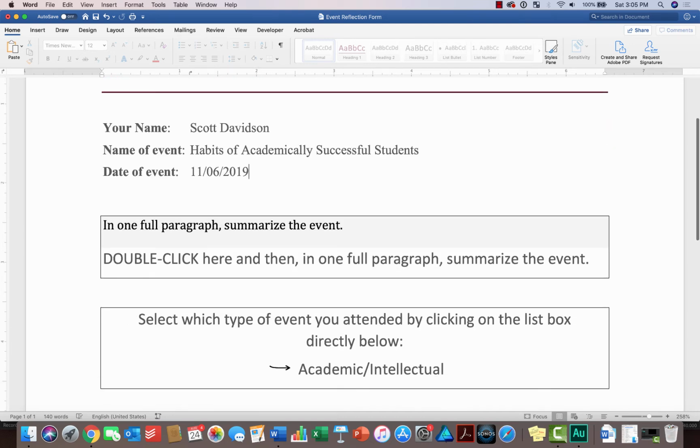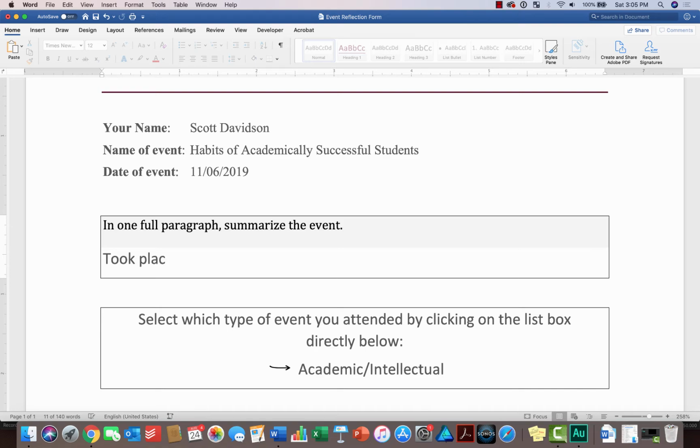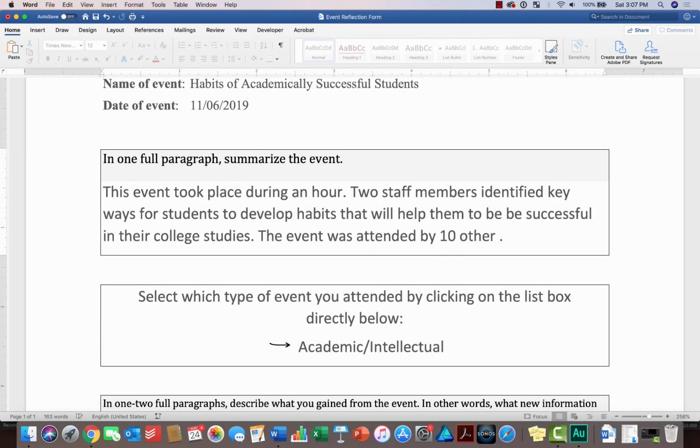Now, in one full paragraph, I am going to summarize the event that I went to. Once again, all I have to do is double-click into that area, and then I simply enter the information. So I have now entered a full paragraph, basically summarizing the event: that it took place during an hour, that a couple staff members conducted it, that it helped to identify different habits that students should cultivate in order to be successful, and that the event was attended by approximately 10